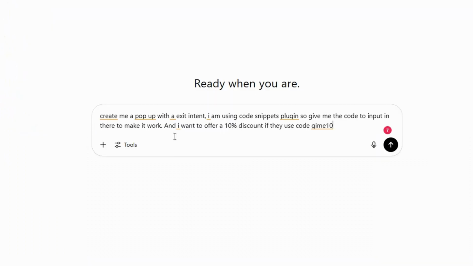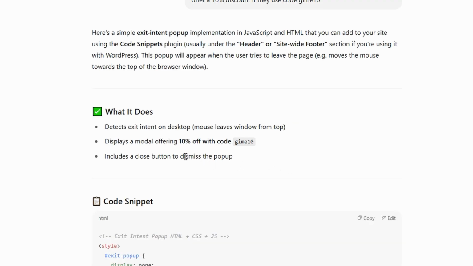Last of all, I'm going to put the call to action, so I'm going to put and I want to offer a 10% discount if they use code GIVEME10. Essentially you're incentivizing them to stay on your site, purchase something on your site and not leave just yet. Now let's hit go. It's cleverly also added a dismiss button on the pop-up and detects exit intent on the